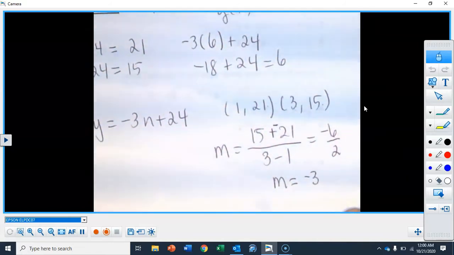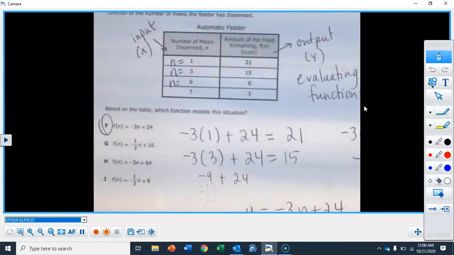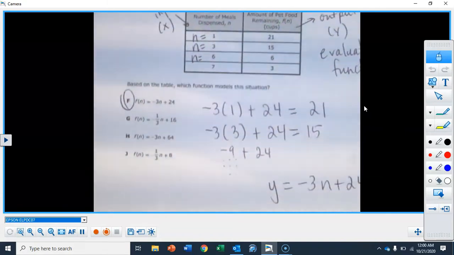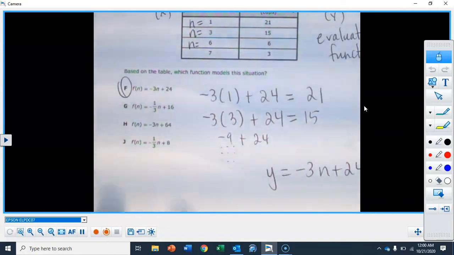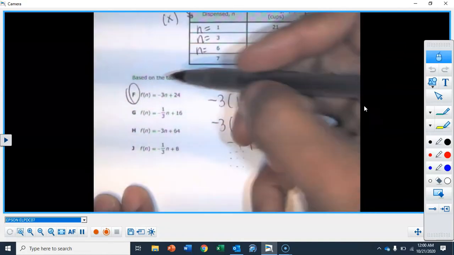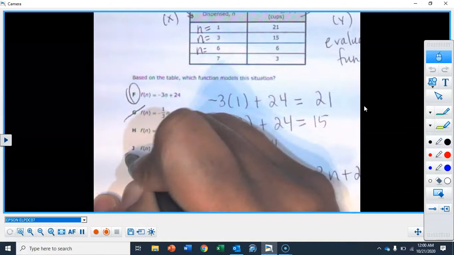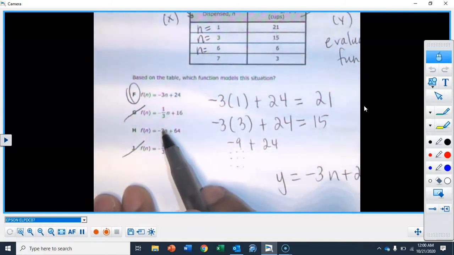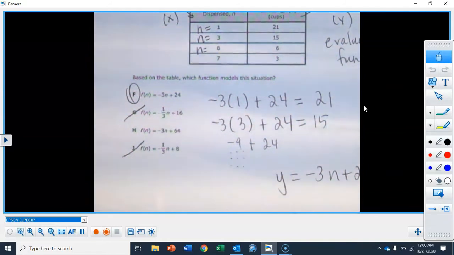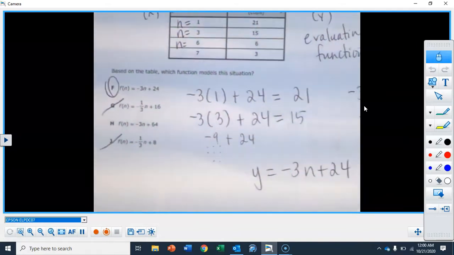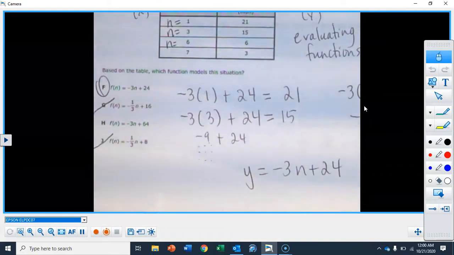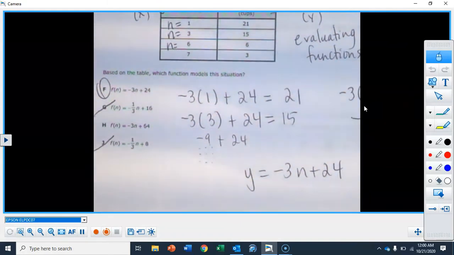See, everybody? So notice that this problem, even though it's evaluating functions, you still, because you have these points, you could get your m, and then because you could replace these with y's, see, it still looks like y equals mx plus b. So of course I would cancel out g, I would cancel out even j, because these are -1/3, so it would be between f and h. Okay? So I hope that makes sense. So that's your m, and then of course, that would be half the battle, and then we could use point slope.